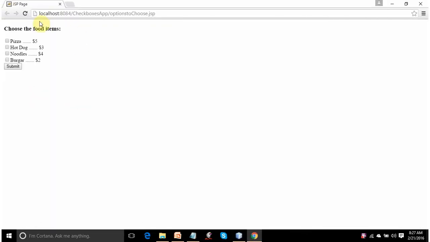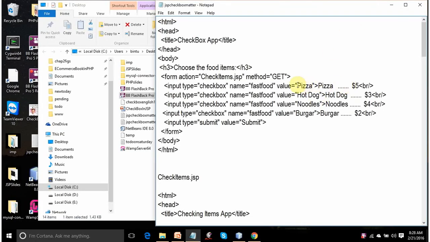It is displaying all the checkboxes. Pizza, hot dog, it is displaying all the prices also. Suppose you choose pizza $5. The value pizza will be assigned to fast food variable. If you choose hot dog $5, hot dog will be stored into the fast food variable. So the values that will be assigned will be these ones. These are the options that are displayed on the screen, and these are the values which are assigned to this